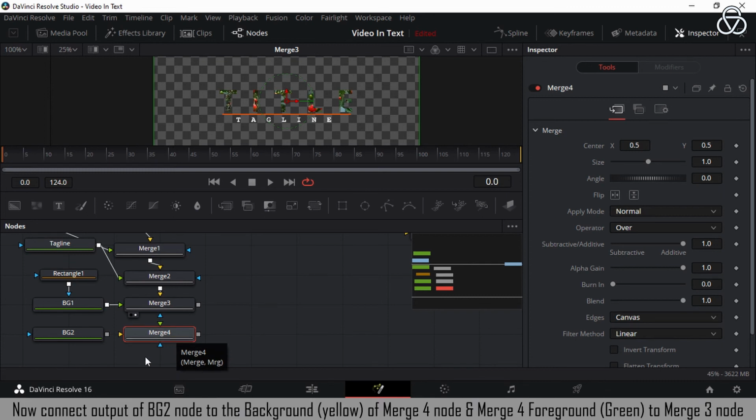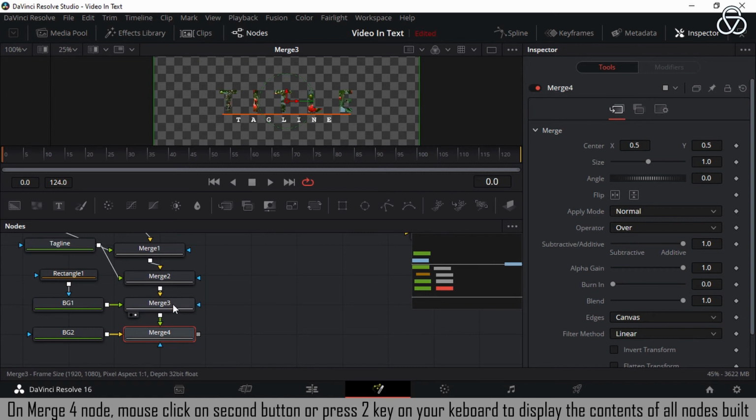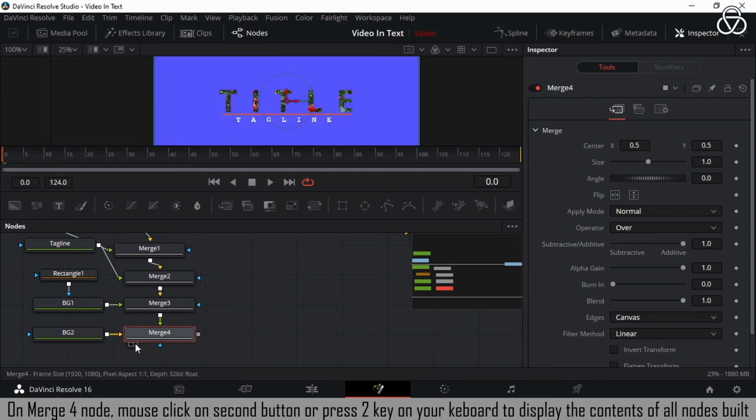Now connect the output of the BG2 node to the background yellow of merge 4 node, and merge 4 foreground green color to the merge 3 node. On the merge 4 node, mouse click on the second button or press 2 key on your keyboard to display the contents of all nodes built.